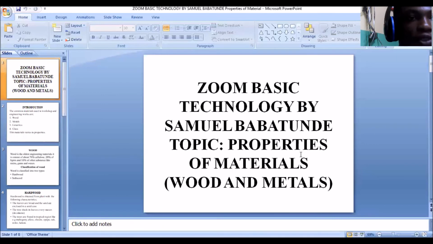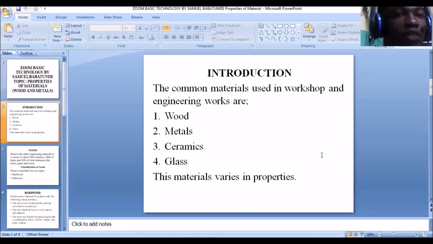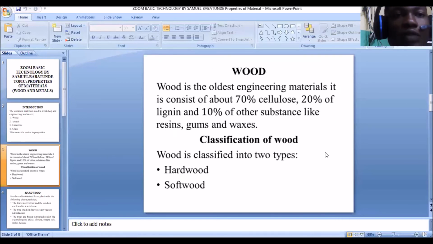Now, before we go, we'll do a brief recap. Like I told you, we are dealing with the properties of materials, and we are considering wood and metals because they're very important in our workshop, in our engineering works. And like we said, these common materials in the workshop include wood, metals, ceramics, and glasses. But for the purpose of this class, we looked at wood and metals, and then we said that wood is the oldest engineering material,